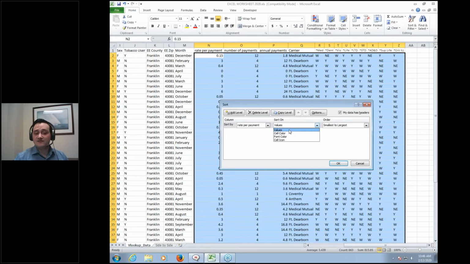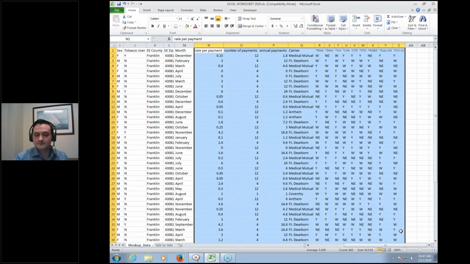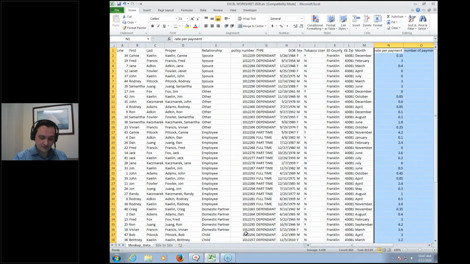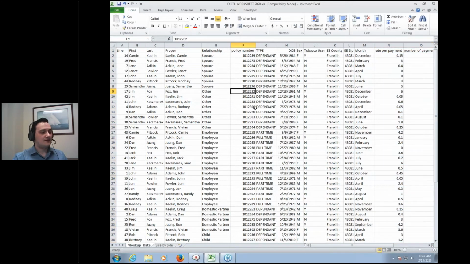I automatically leave it at values, and I'd recommend you leave it at values, but you can also sort by cell color, font color, and your cell icons here as well. Lastly, you can actually do cell formatting and freeze panes. Those are the last two cell manipulation sections I'm going to cover, and then we're going to get more into the ribbon up above. But in order to do your cell formatting, you're going to need to look up here